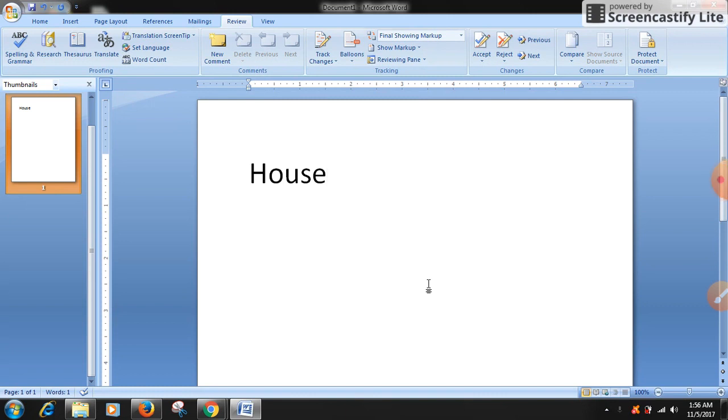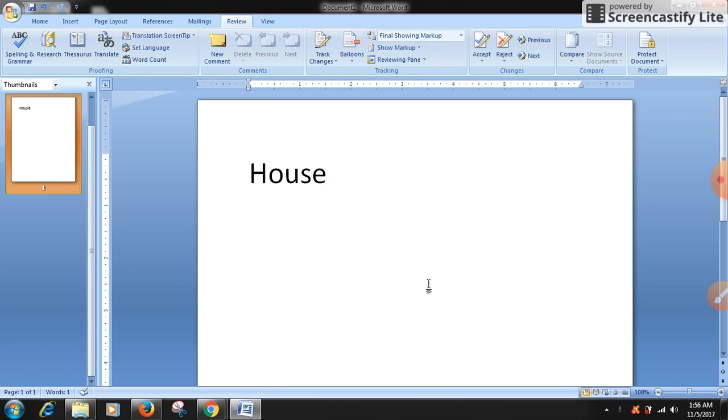House is a very simple word, and I know you know the synonyms of this word. To find the synonyms of this word, we can select this word, or we can click on this word here.